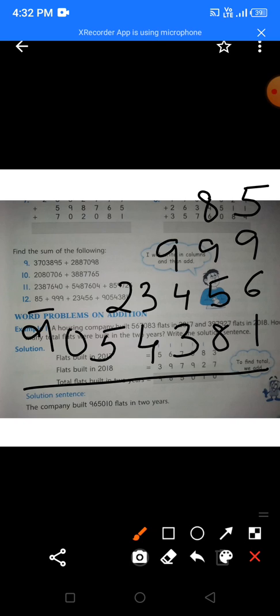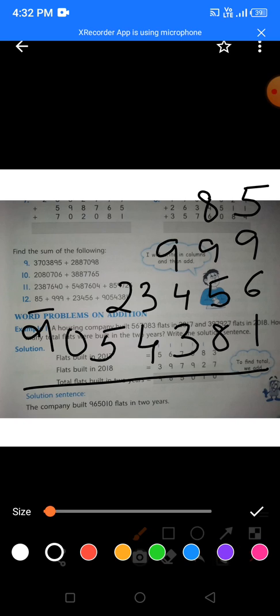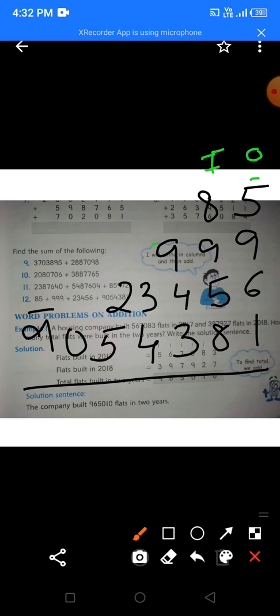Why? Because these are 2 digits. That means they have ones and tens. Then 3 digit has 100. So you will write below the 100 place value. Okay. So if you do not understand, what will you do here? Look here children. See ones and tens. Then you have 100. Then you have 1000. Then you have 10,000. Then you have lakh and you have 10 lakh. Okay. So one below the other you will write.